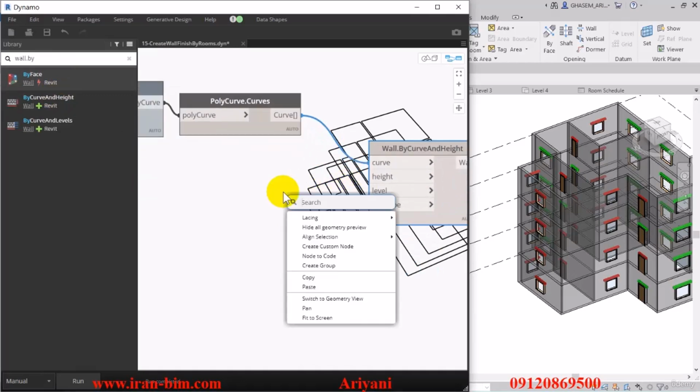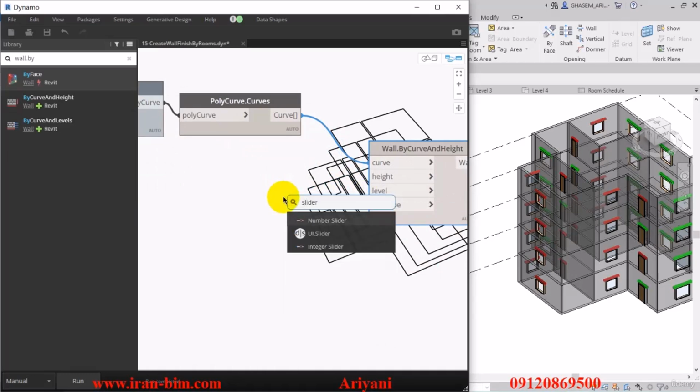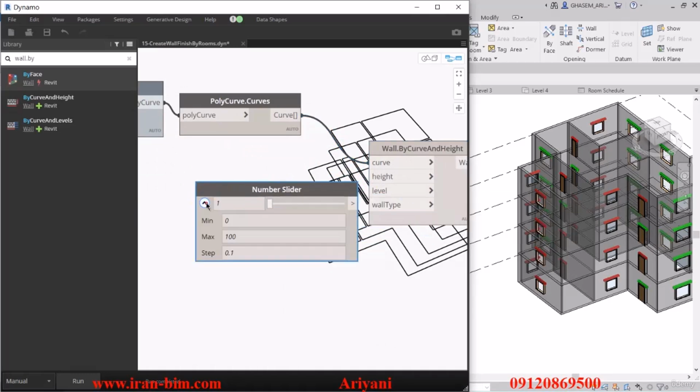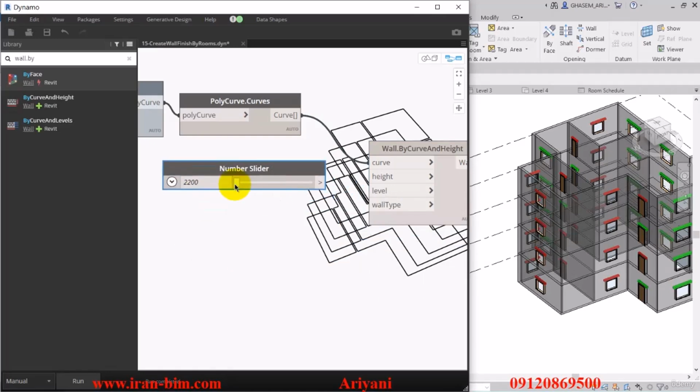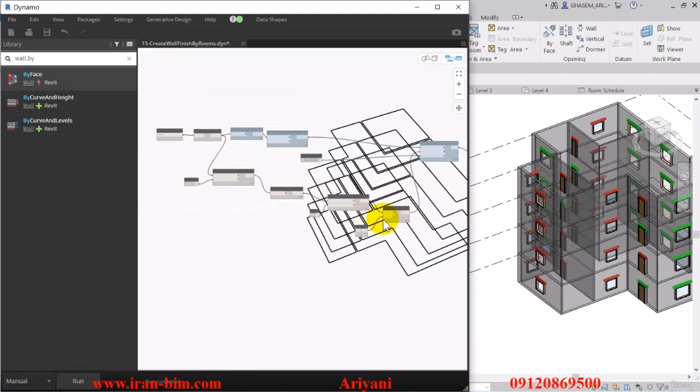I'll add a number slider for that, and as an example, I'll put in 2200 for the minimum of our wall height and 4000 as the maximum, and we can move it 1 millimeter by 1. Then I'll put it on 3200 as the default and connect it to the height, and then we have the